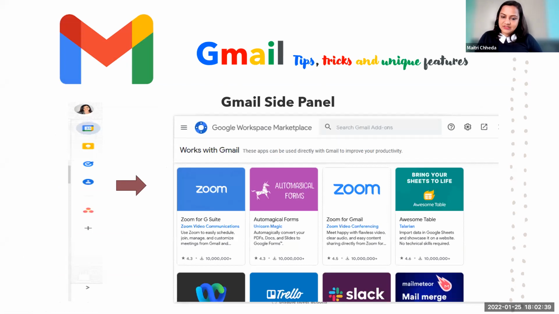So there are some licensed versions also. In case you're using Salesforce, or Trello, or Slack, you have these add-ons for you, which will appear over here in your side panel. The way I'm using Asana, you can use Trello, and you can see what all is available, and you explore, and the sky is the limit, because Google is really crazy that way in research. So you'll find a lot of this which will integrate with your Gmail, and you can just go crazy.